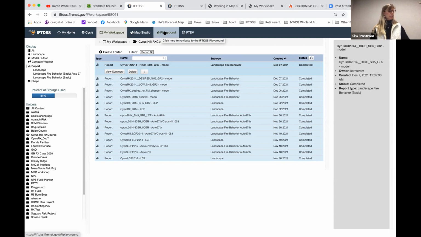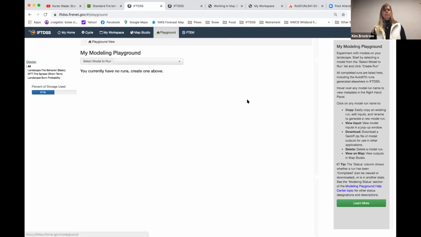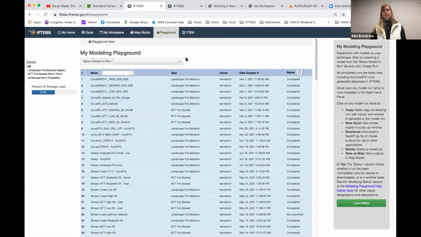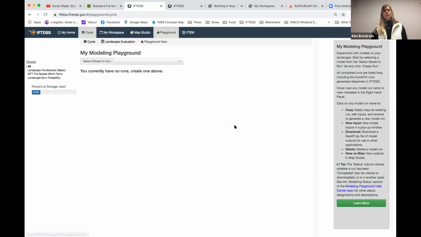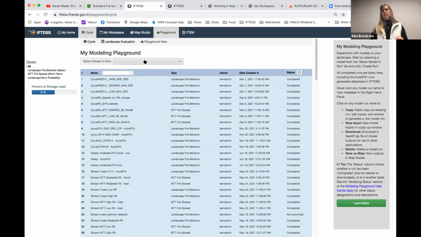So the next thing we're going to do, and again, this is in your exercise, in order to run fire behavior, we're going to do this through our playground, is what we call it. You can also get to it through the cycle, which would be model fire behavior. Okay. So in this case, I'm going to show you just one example,